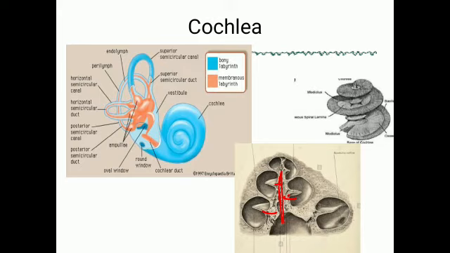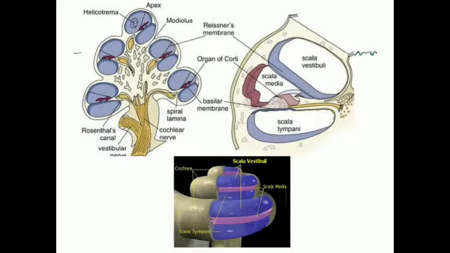And now two membranes. Here is another picture, similar to the previous one. Here you have the central core modiolus. Through the modiolus you have the nerves and blood vessels entering into the cochlea. And here you have the spiral lamina. From the spiral lamina, two membranes arise: Reisner's membrane, otherwise called the vestibular membrane, and the basilar membrane. These two membranes separate the cochlea into three compartments.